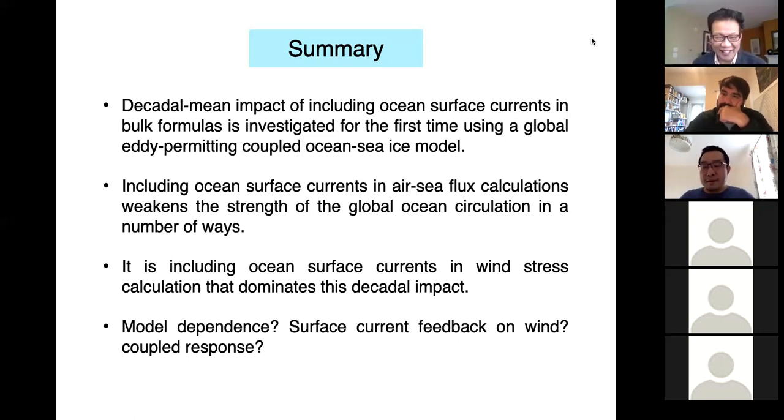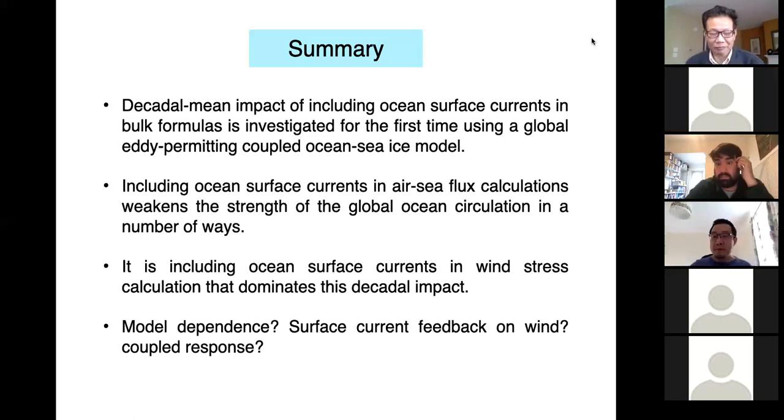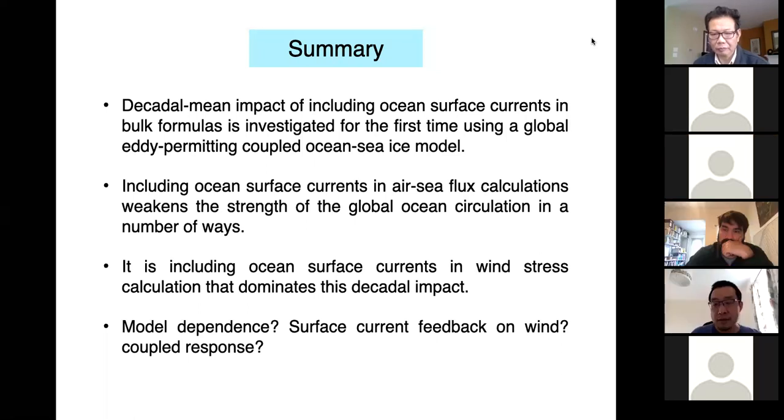Yeah, I think that's a very good question. We actually haven't talked about the wave effect at all. Of course the wind drives the ocean through the wave field, but here it's all swept under this CD coefficient. But ideally, I agree, we should use a coupled wave model and look at the relative